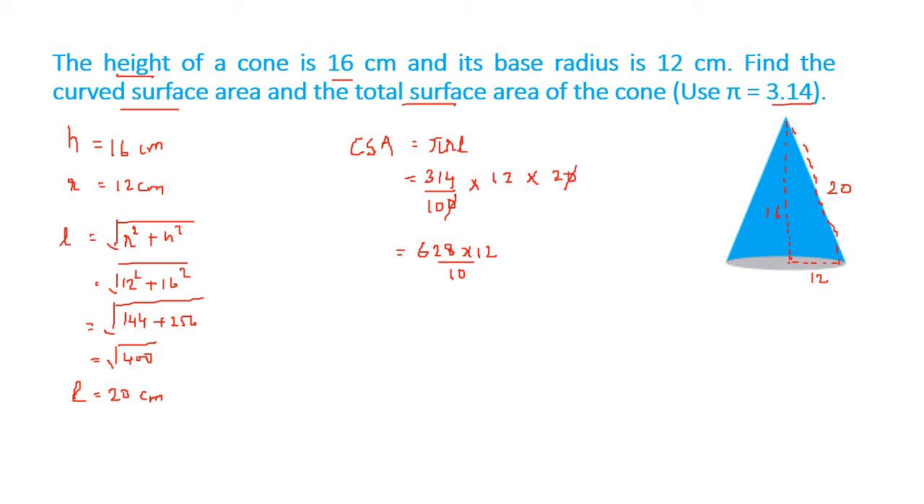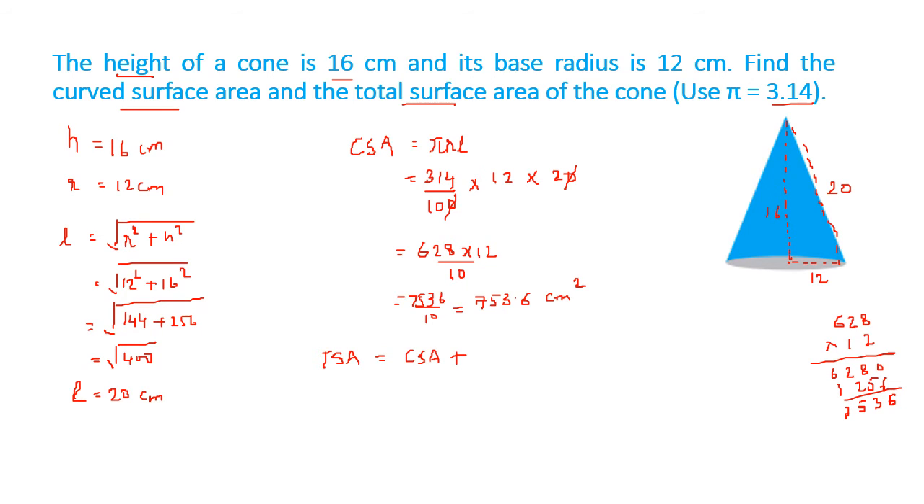Multiply, what is 628 into 12? It will give us 7536 upon 10, or 753.6 centimeter square. And the TSA is equal to CSA plus area at the bottom, area of circle,